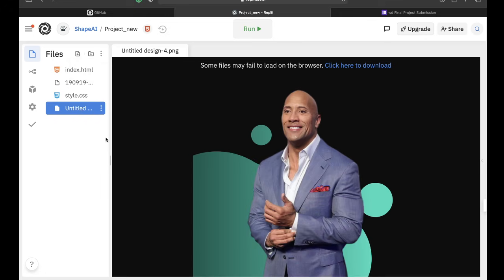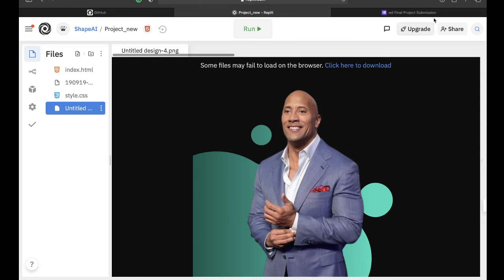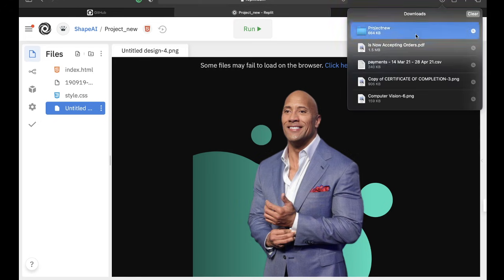So now what we have to do is first download all these files that we want to upload. So as you are able to see, where files is written right over here, there is an add file button, then there's an add folder button. After that, there are three dots on the right hand side of it, and click on that. Upon clicking on that, there will be a download as zip option. So upload file, upload folder, and download as zip. Just click on download as zip itself. We'll click on allow. It will download a zip file, so we first have to unzip it.